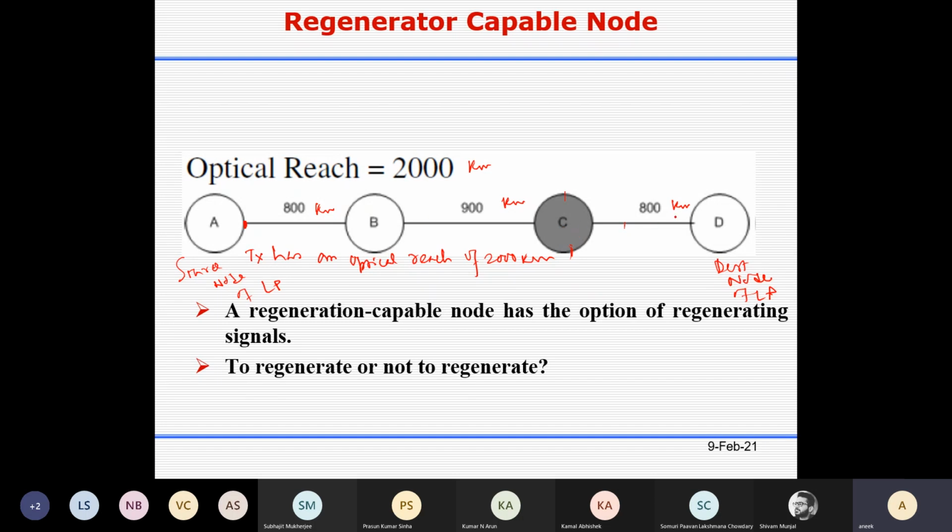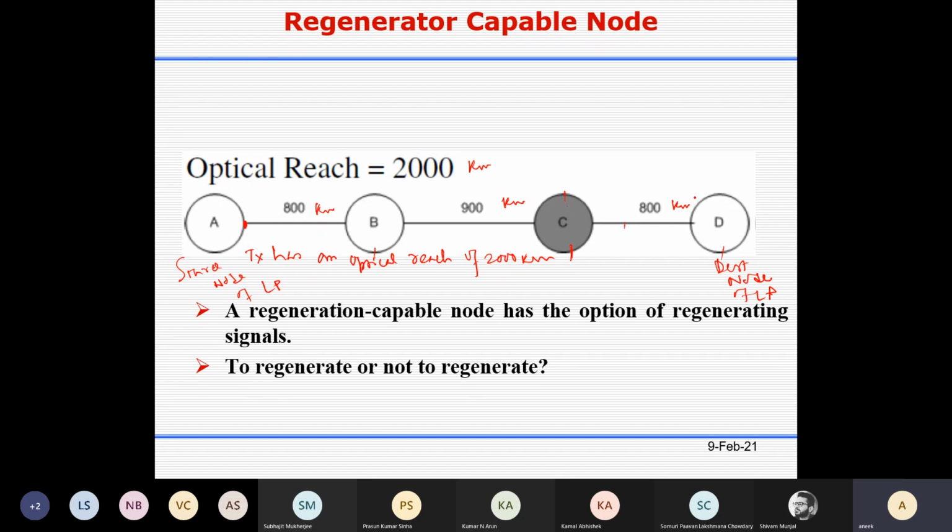Your distance is 2500 kilometers. You cannot traverse 2500 kilometers, so you stop here and put a regenerator. Maybe a regenerator is available here also, as well as at this node. But where will you use the regenerator? You can use it over here, because this is the maximum distance you can traverse using this transmitter, beyond which you cannot transmit.